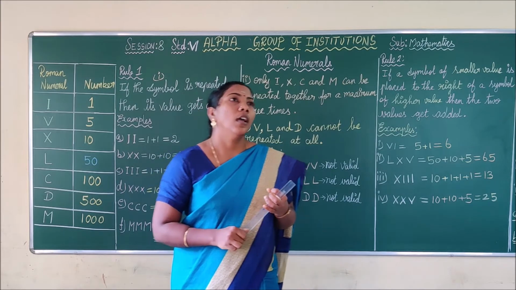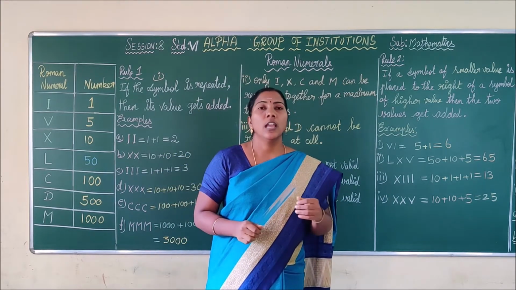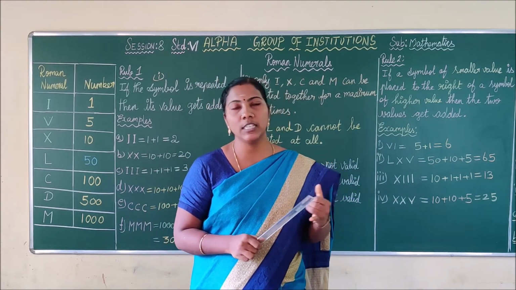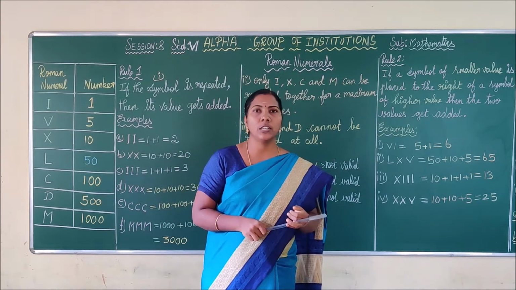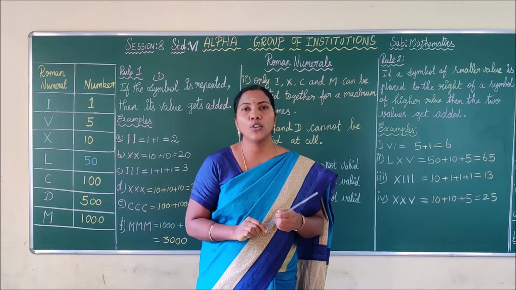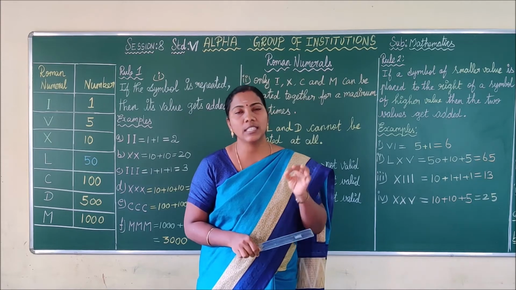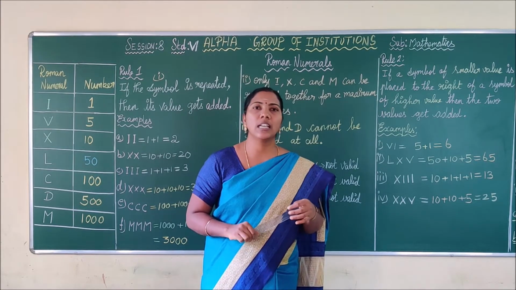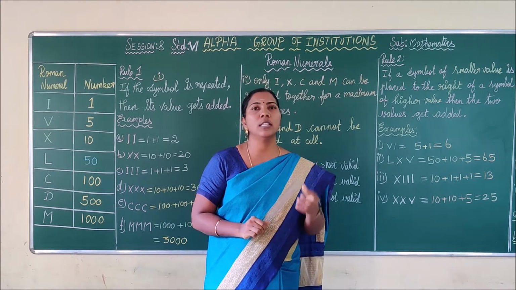Before seeing this Roman system of numeration, in the 6th standard, we have already seen two systems, that is the Indian system of numeration as well as the international system of numeration. These Roman numerals come from the Roman system of numeration. In this system of numeration, they use only 7 symbols to write any numerals. Numerals means numbers. Let us see what are the 7 symbols and what are the values that each symbol takes.